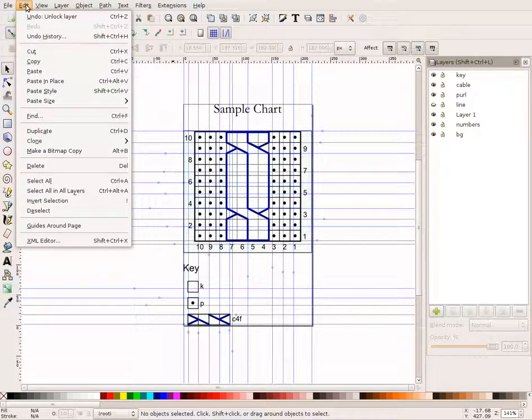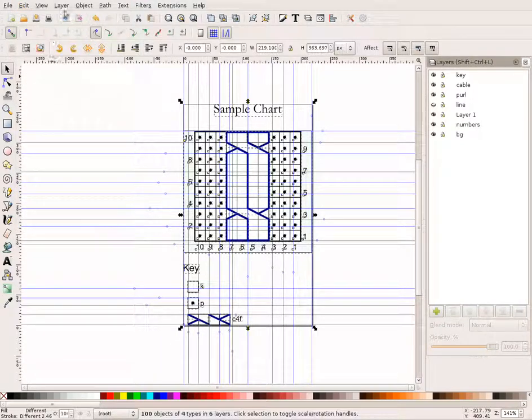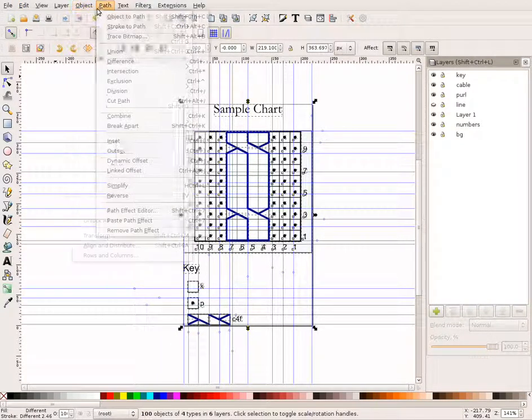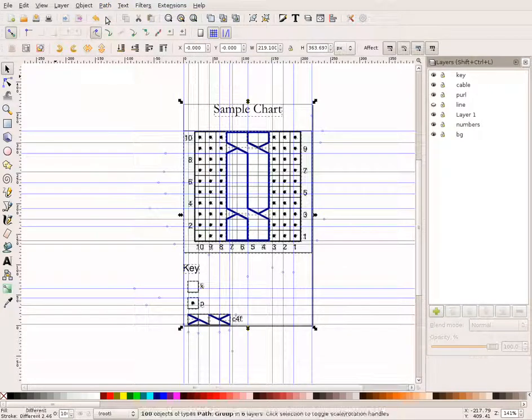Unlock all of them, edit, select all in all layers, path, object to path, save, and that will get you